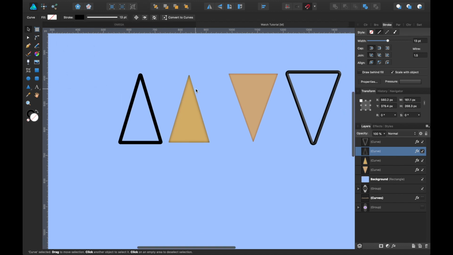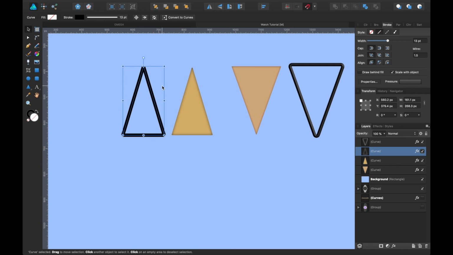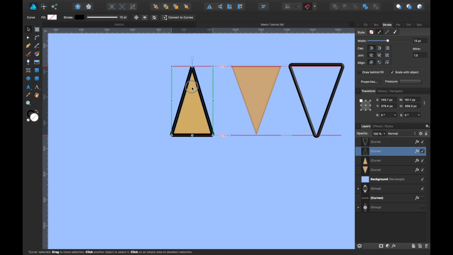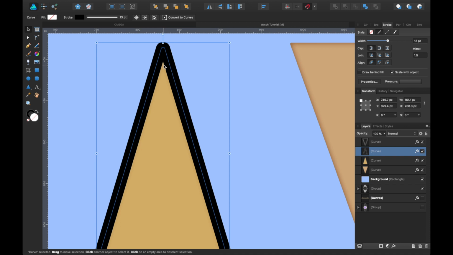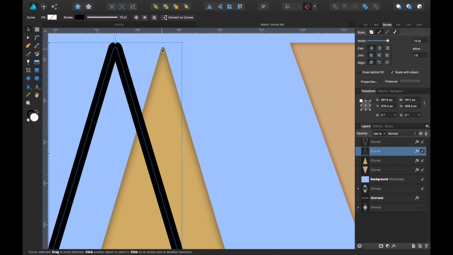Okay, and the next thing we're going to do, we're going to stick it over this shape here. Now you can see that the line of the stroke is in the middle here, and it's causing a pointiness to it, and I want it to go around this. So what we're going to do is change the stroke.